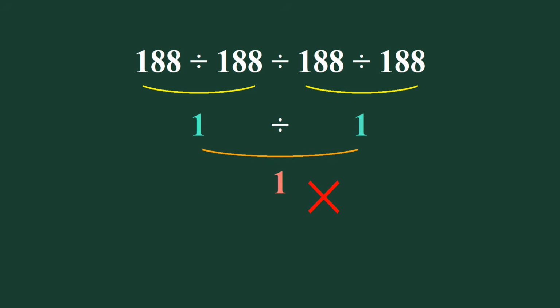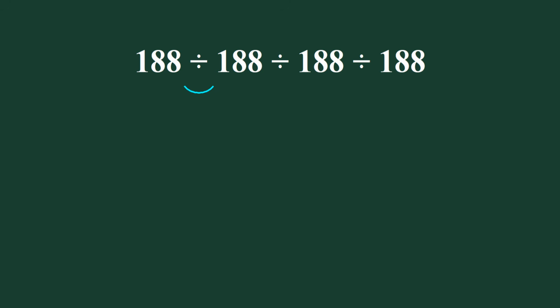But this answer is not correct because according to the order of operations, we must do this division, then this division, and at last this division. So we have first this division, 188 divided by 188 equals 1. So we have 1 divided by